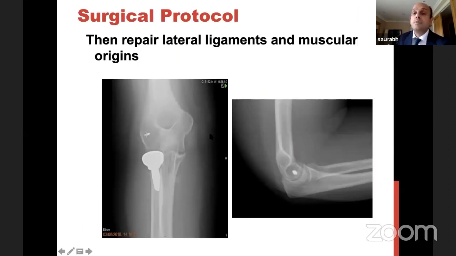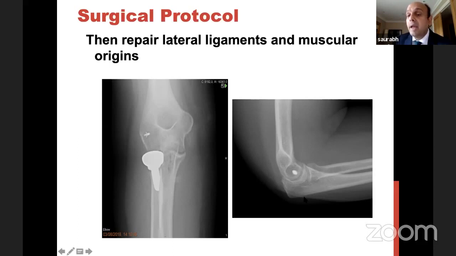Okay, so we've talked about how to fix coronoid or capsule. We've talked about how to fix or replace radial head. So now two ligaments are left, your LCL and your MCL. LCL is really easy. As I was telling you, that's epicondyle. So LCL comes inferior to epicondyle. You should aim for an anchor which is right in the center of capitellum. That's the isometric point of LCL origin or LUCL origin.